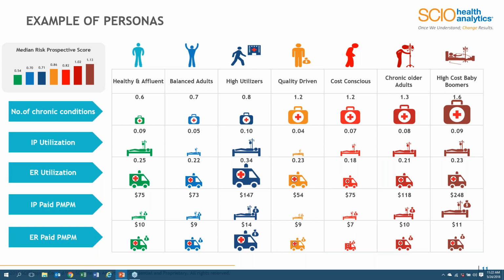So by looking at the particular table here, you can identify both the predominant risk scores and the utilization or cost associated with each of the persona types. But typically we would provide a single scorecard, if you will, or risk value per persona type. However, we do have the ability to provide much more granular level data as well, based on the client's needs. John, any other comments to add to that?